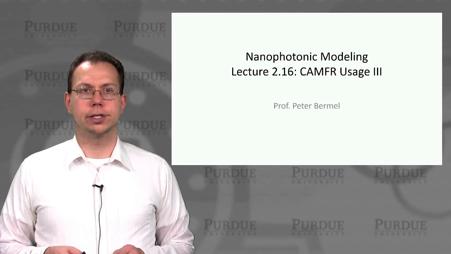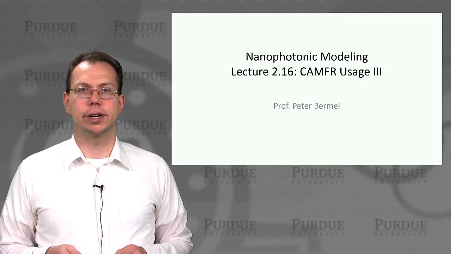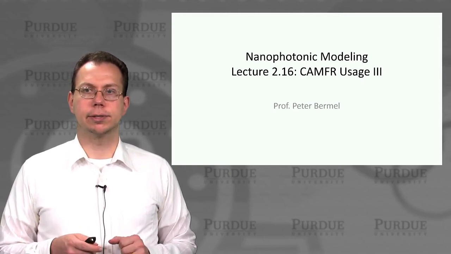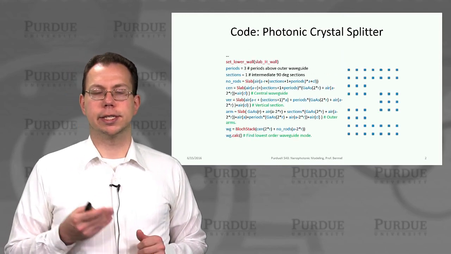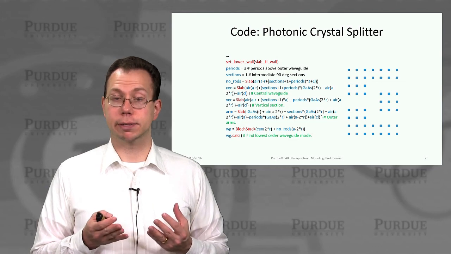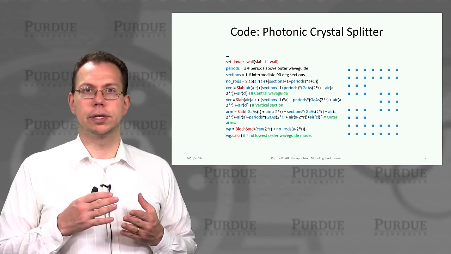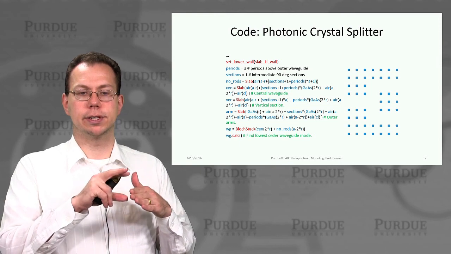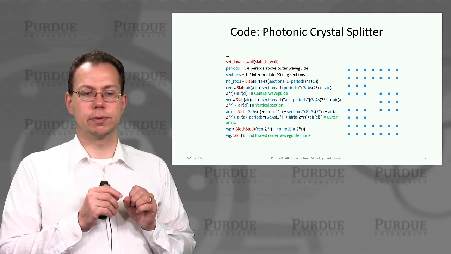Hey everyone, so we're continuing on how to use Camphor, which we've been covering for the last few lectures, which again is another approach to S matrices plus eigenmode formulation. And so this is actually showing for a fairly complex problem how we can write some Camphor code to model the problem of what happens when light is traveling through a photonic crystal waveguide and then comes to a splitter region, which could split the light into two different waveguides.